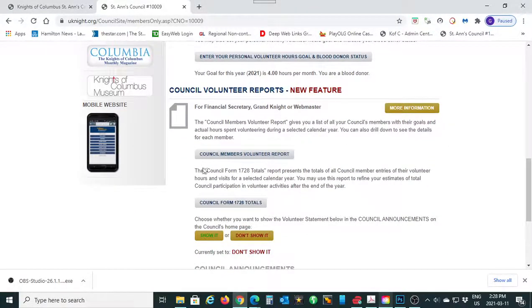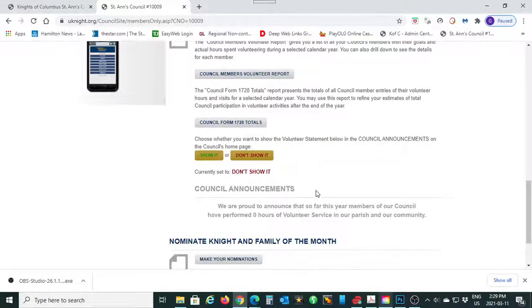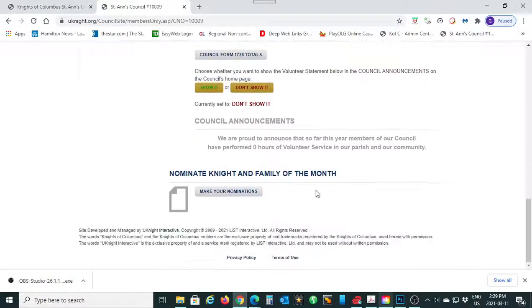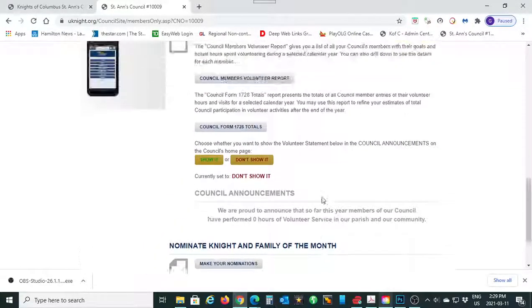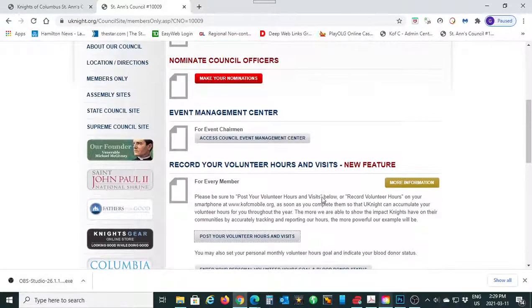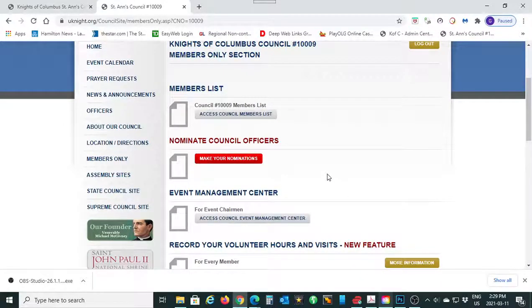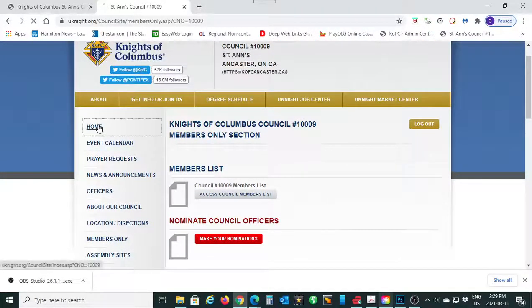The council reports here I will not be dealing with at this time. You see, it's for the financial secretary, Grand Knight, and the webmaster, so you will not need to be worried about that. Haven't decided as a council if we are doing anything here for Knight and Family of the Month. So that's it for the member side only, and as I said, going back to the home page,